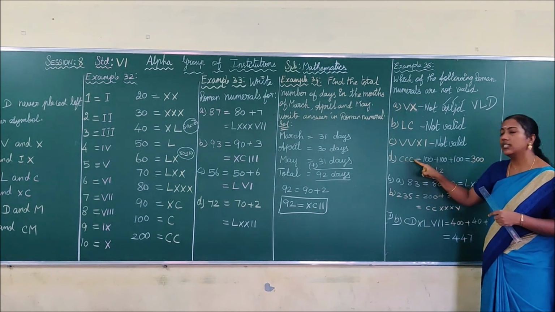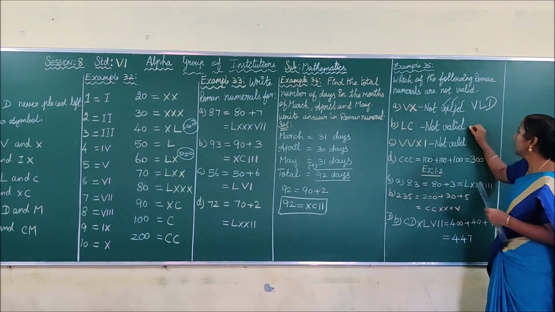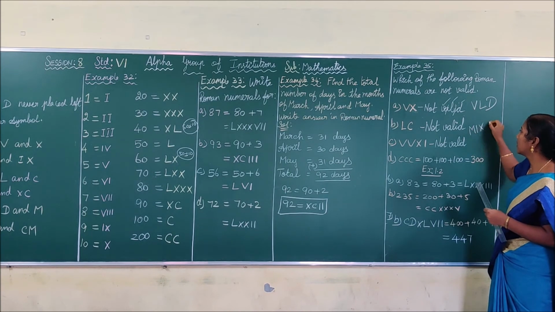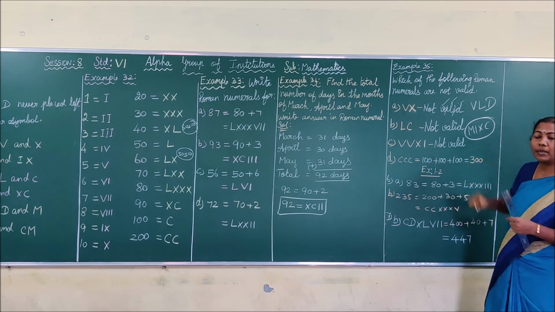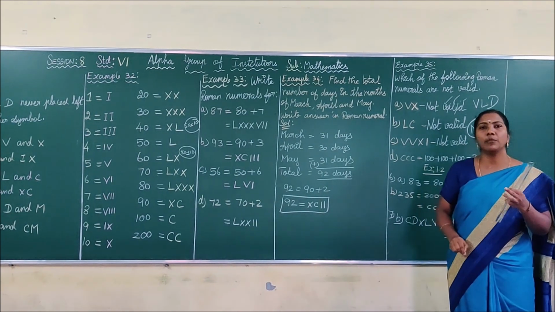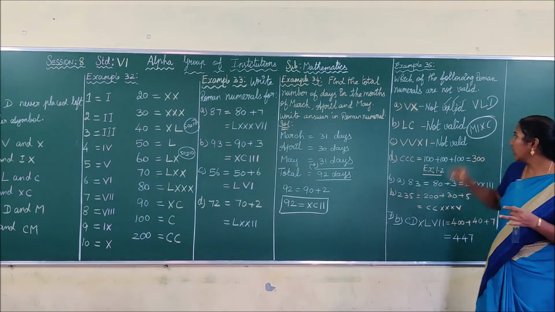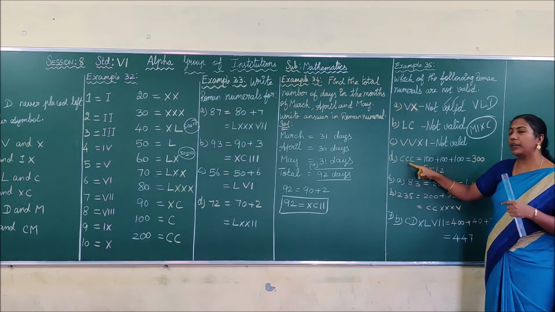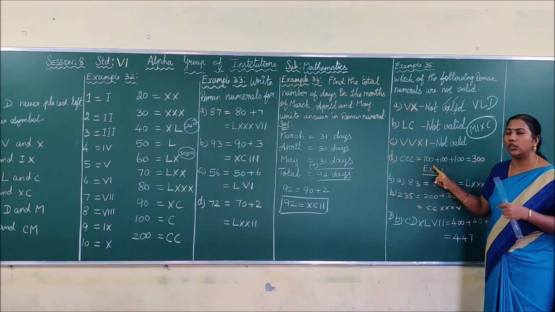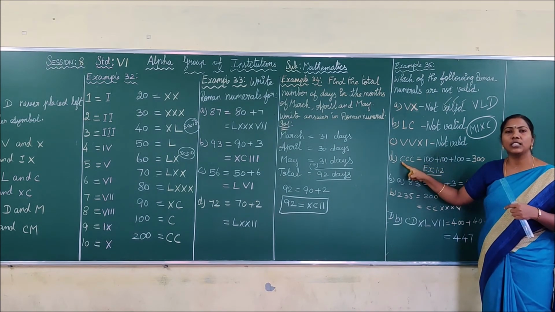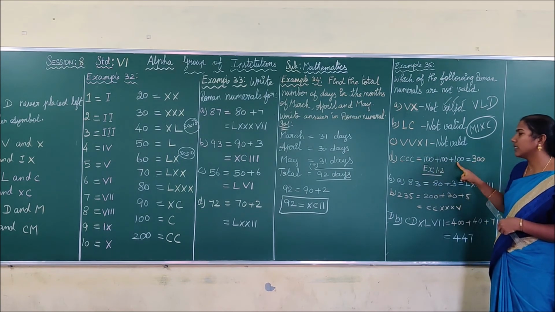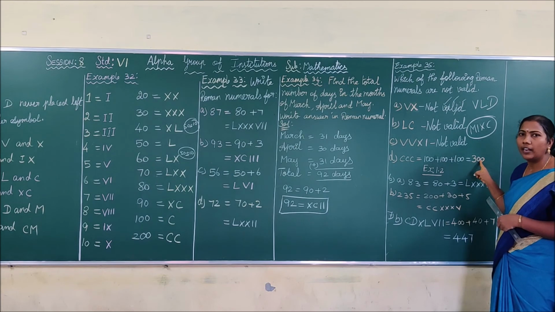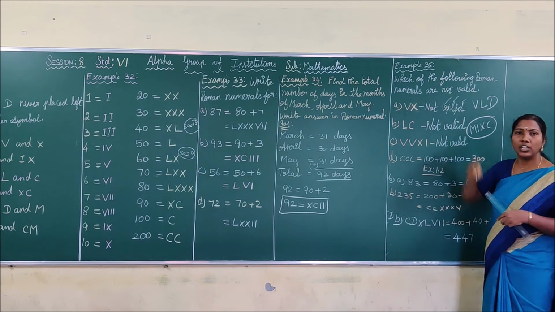See here, CCC. I have given the clue word, that is MIXC, mixc. The letters coming in this word can be repeated 3 times, that is III, XXX, CCC. Thus C is repeated 3 times, so this is a valid one. So what is the value of C? C for centum, so its value is 100. 100 plus 100 plus 100, its value is 300. Okay, that's all the examples that we have, children.